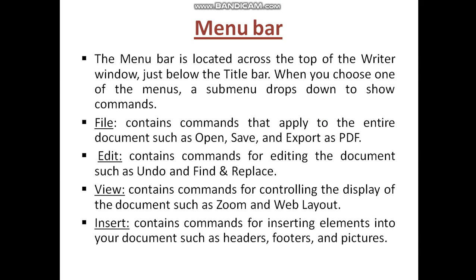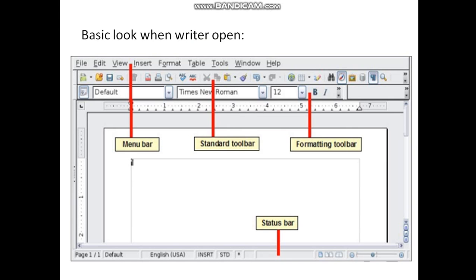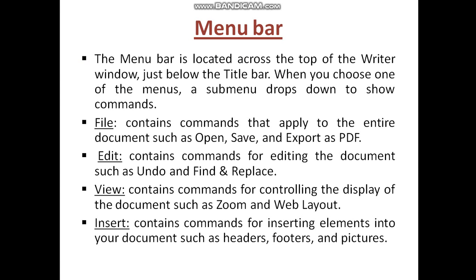When you choose one of the menus, a submenu drops down to show commands. When you click on the file menu, different types of submenu options are available. First is the file menu. It contains commands that apply to the entire document, such as open, save, export as PDF. Next is the edit menu.